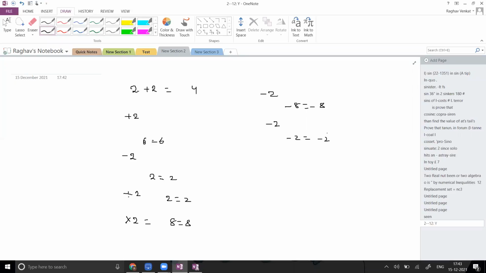Other than this, can I say any other combinations? All kinds of combinations with the negative side and the positive side are done: multiplying with minus 2, dividing with minus 2, adding minus 2, adding plus 2, dividing with plus 2. So just do the operation. That's it. The equality symbol remains an equality symbol in this case. Now I am taking one numerical inequality to understand the difference between the operations I am performing with inequalities. From this I will give you the rule, instead of you remembering statements or formulas.